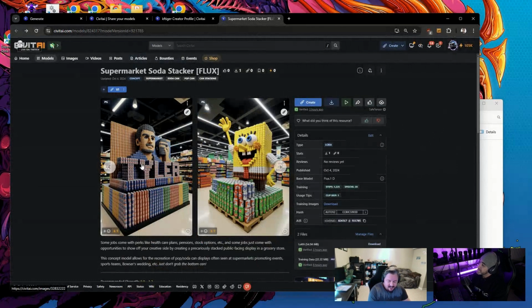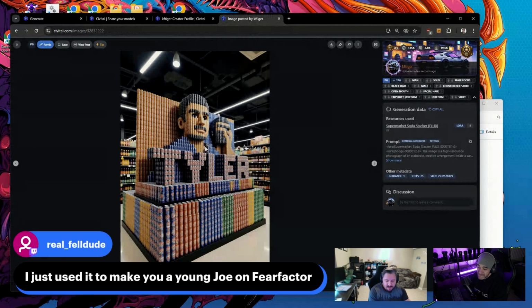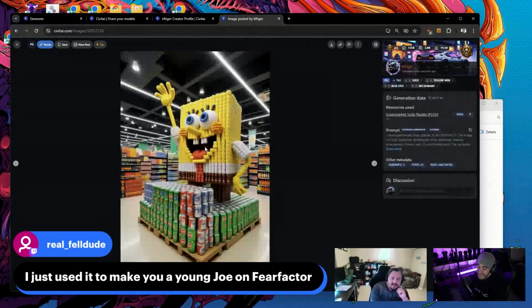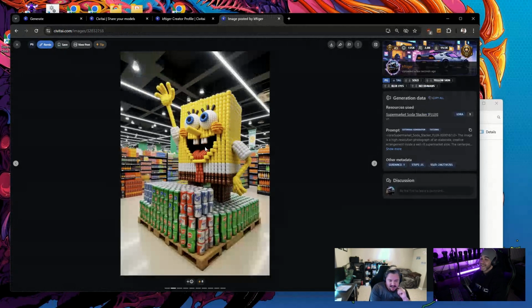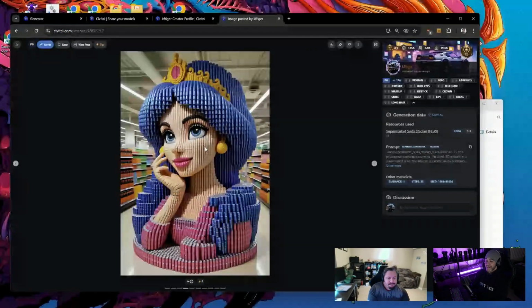Just in case. But here's some of the other examples, it was using Epic 18. There's the Tyler one, which I used the feature because, hey, we're live. This is SpongeBob one that turned out pretty good. Again, if I were to redo this, I would make more difference between the cans and the boxes. There's a Jack Skellington fighting Santa Claus with swords. Dude, that's sick. There's a Disney princess. I think it's cool how well it got the cans and the boxes that it puts them on.